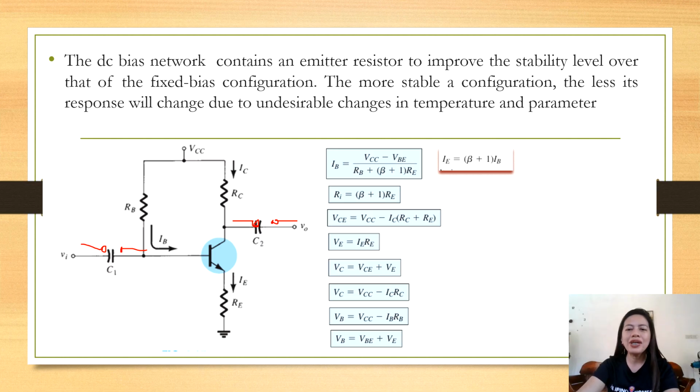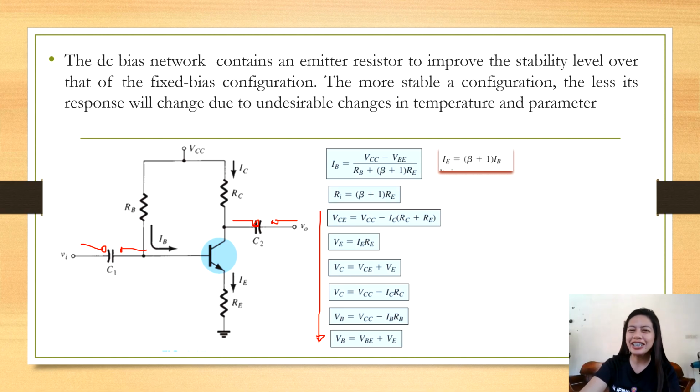Okay, so now we have here the working formulas under the emitter bias configuration, which I will try my best to explain to you in the simplest and shortest way. Okay, so I hope you still follow. Alright, so we have here how to solve for IB. IB is equal to VCC minus VBE over RB plus beta plus 1 times RE. And then we have RI is equal to beta plus 1 RE and the rest as you can see in here. Yet, the plot twist here is that you need not to memorize all of this formula.